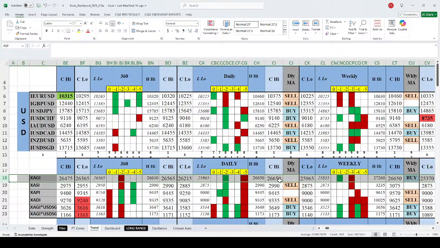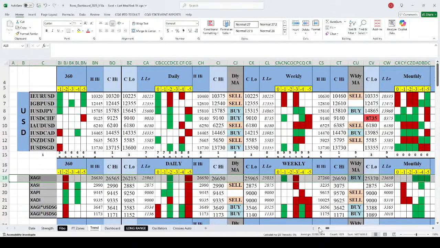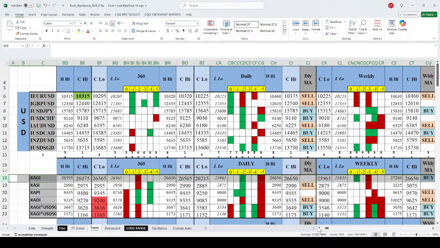So we should not see the price going beyond 2665. And weekly is flat with an upside bias, is 2665, and monthly is also flat. Okay, so it's all flat. The only clue we are getting is your 360 is showing that this market has already seen the high, so we expect the price to break lower. So if it breaks, we should see the price breaking 2636. If it breaks, then we may see the price moving towards 2622, 2622.5, somewhere there.